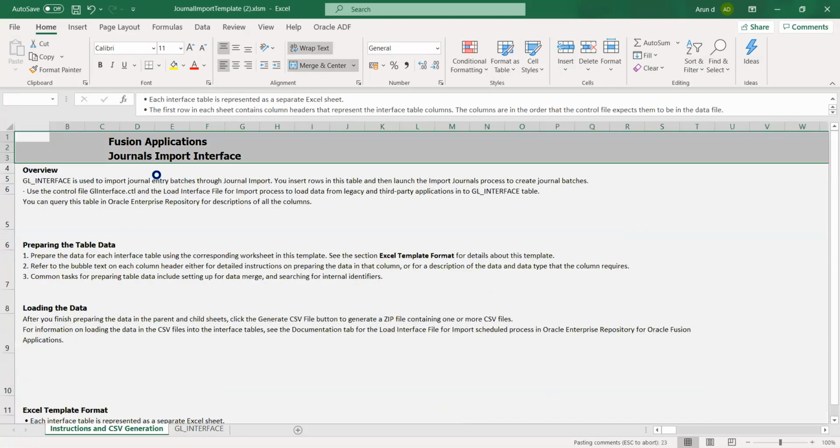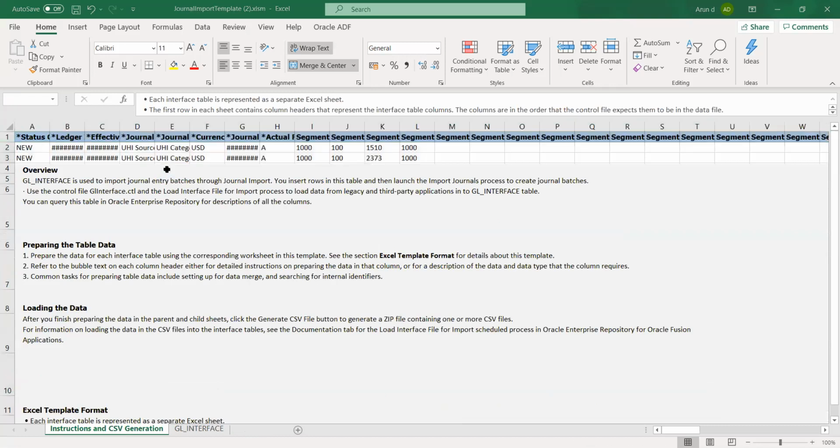I'll save this and generate it as a CSV file.